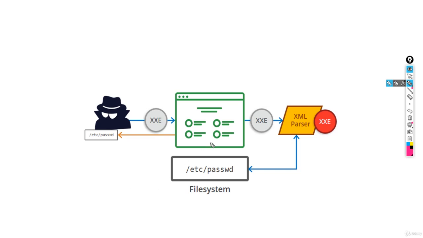First of all, you can see here a file system that contains the password. This is the server file system which contains this password field, and this is the hacker. The hacker gives the XML code in the form of an XML external entity and passes it to the XML parser, and the parser executes that XML code. It retrieves that system file and shows it back to the hacker, in this format that is otherwise hidden inside the file system.